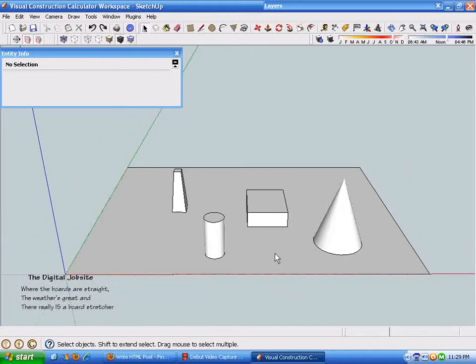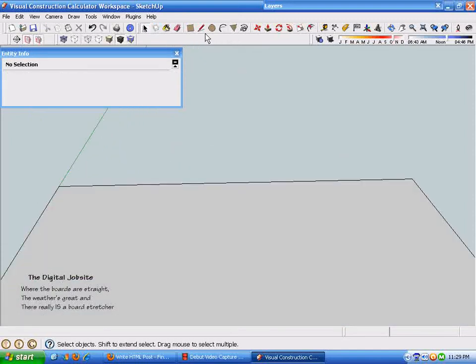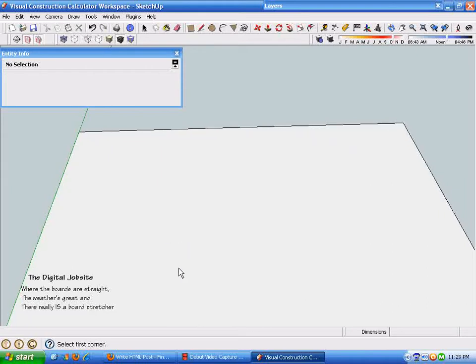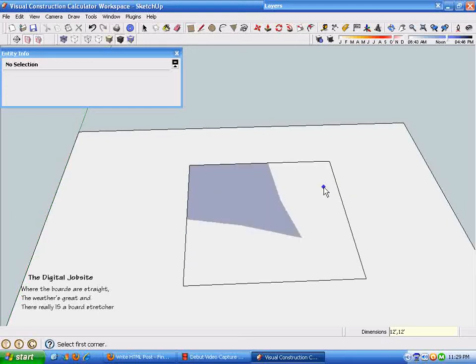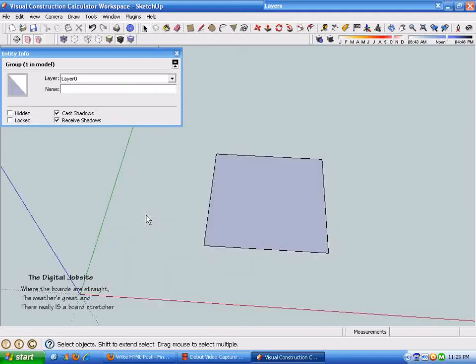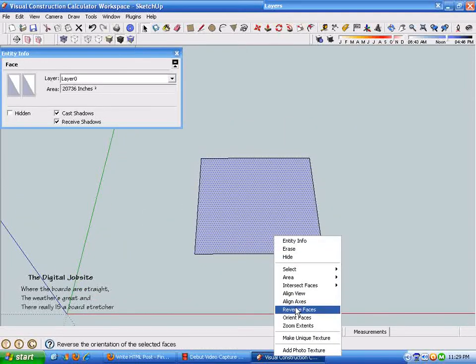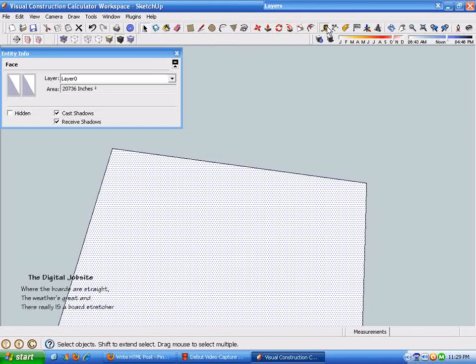So I'm going to get rid of these objects and go over the last item I wanted to go over here, and that is to figure irregular area for something like a patio. So I'm just going to draw this box 12 feet by 12 feet, and delete this, get that out of the way. So let's say this is going to be a patio 12 feet by 12 feet, and we want to have,